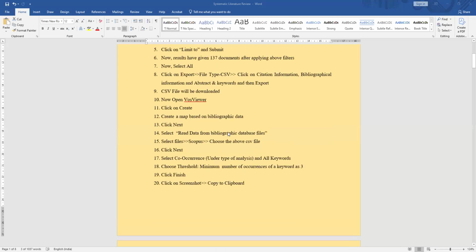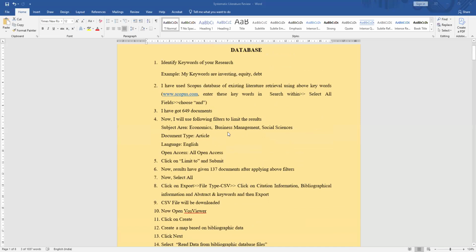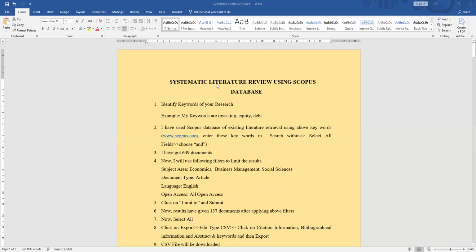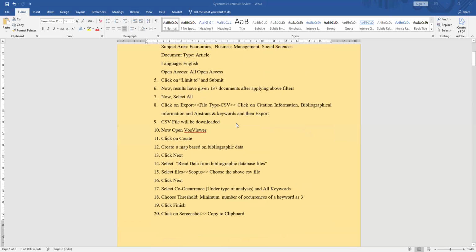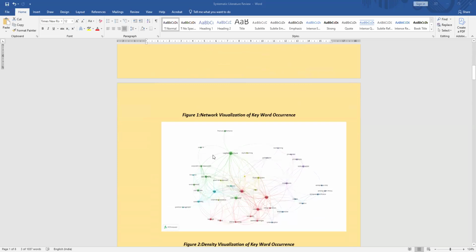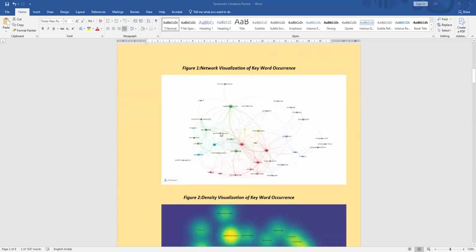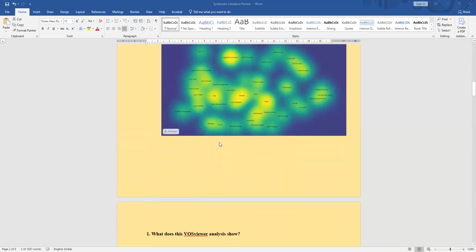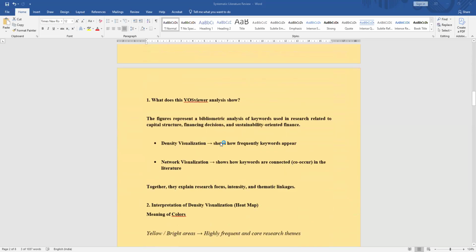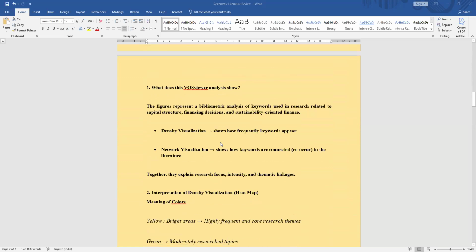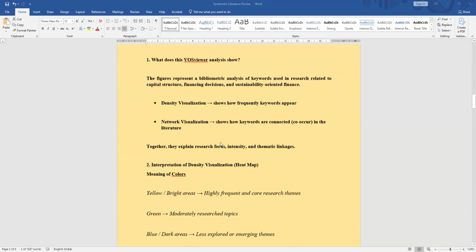So with this, we have completed the entire process of the systematic literature review using the Scopus database, and this is popularly known as the Tranfield methodology. And you can now easily interpret these figures. You may use AI and upload the results into the AI portals, and this will process the interpretation for your